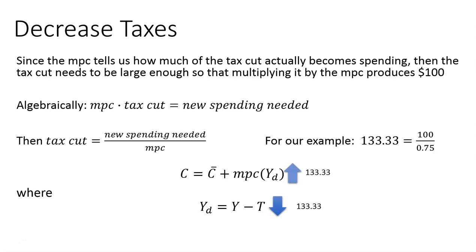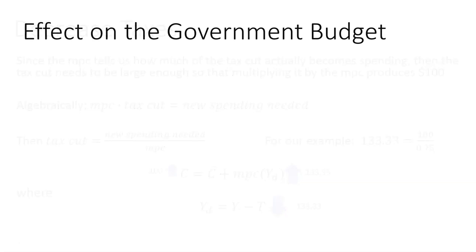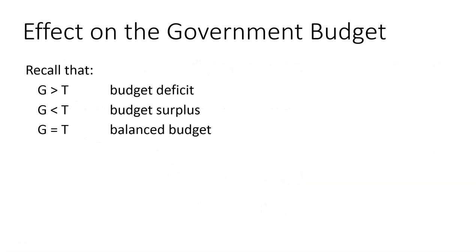That's of course going to increase disposable income by $133 and a third, and then that's going to increase consumption by $133 and a third times the MPC 0.75. And it just so happens, not coincidentally, that 0.75 times $133 and a third is $100. So this way, with this $133 and a third tax cut, we're going to ultimately increase consumption spending by $100, which again will multiply through by 4, increasing total output and income ultimately by $400, and thus closing the recessionary